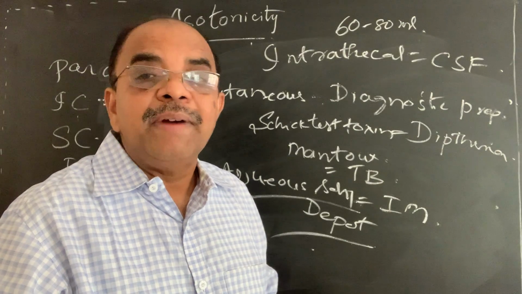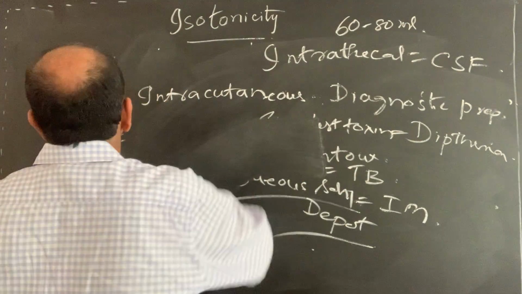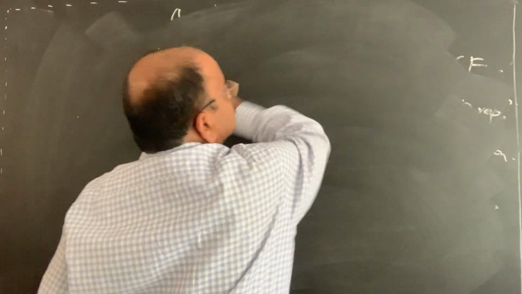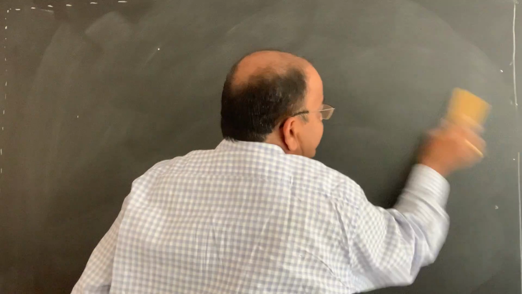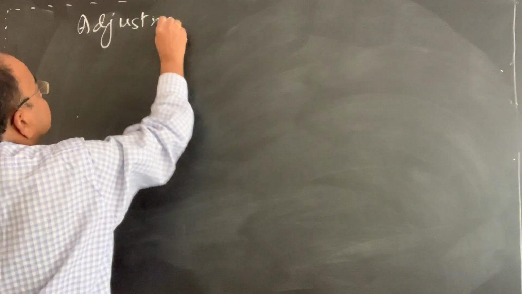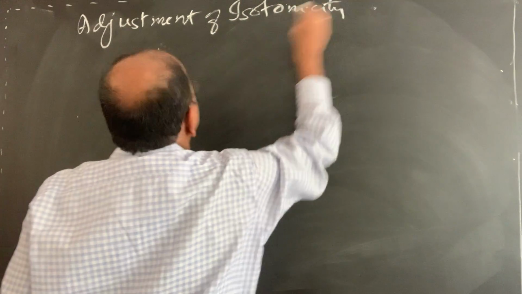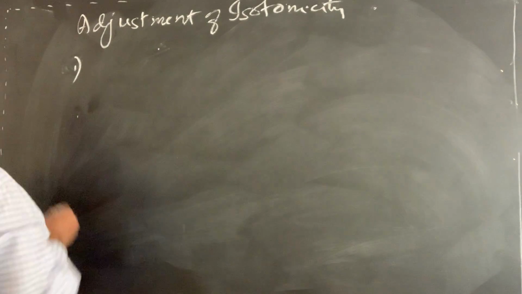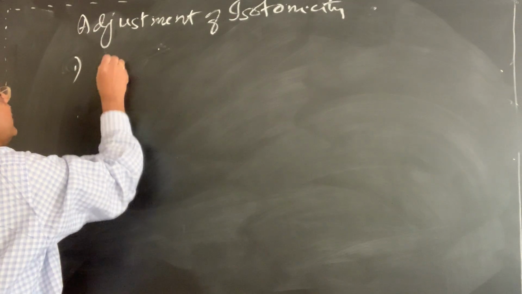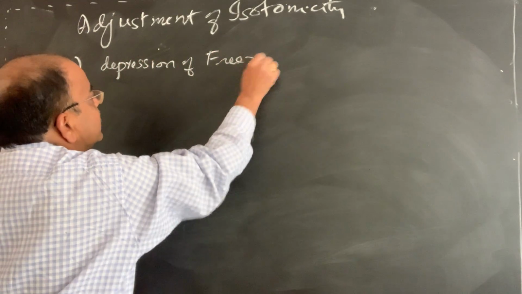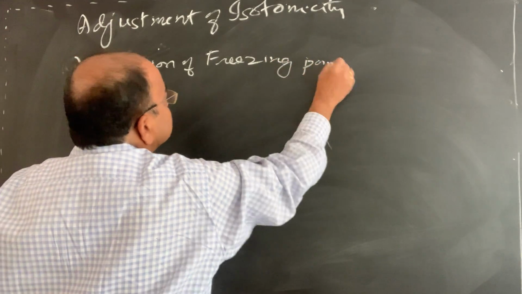Now we'll go for the methods for the adjustment of isotonicity. We have a number of methods. The mainly important methods we'll see now. Based on the depression of freezing point. Second one,